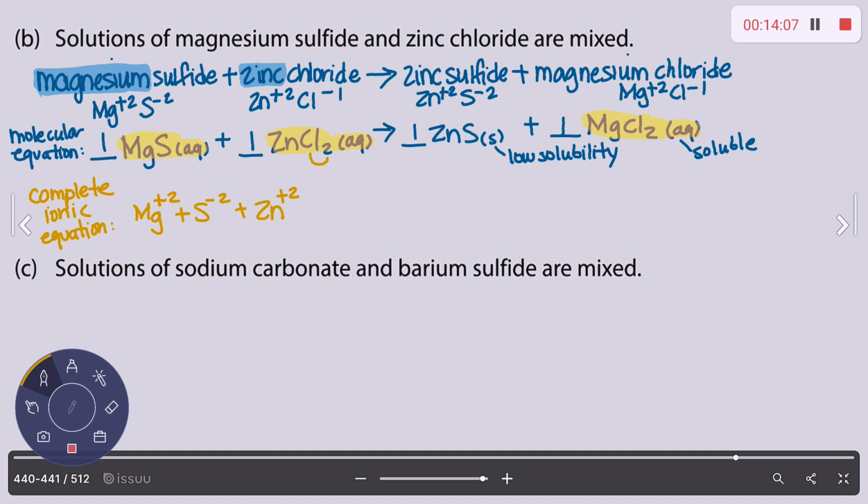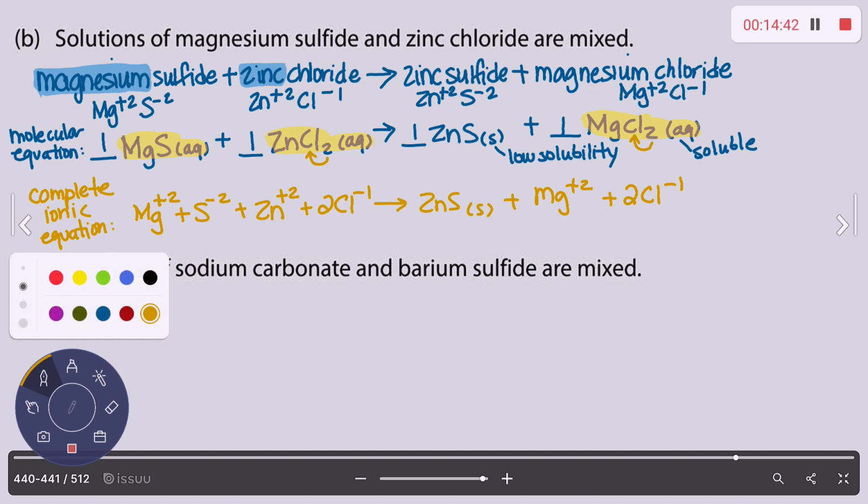But I have a subscript on the chlorine, so you have to be careful here. There's no such thing as a Cl2 ion. So this little subscript 2 goes in front of the chloride ion. And then I have my product, zinc sulfide. I leave it alone. I have a magnesium ion, and then again, this subscript 2 on the chlorine. There's no such thing as a diatomic ion, so this is 2Cl -1. Now I'm done, and I need to figure out which ions will cancel out because they're identical. Can you give me an idea? Wait, before you speak, let me